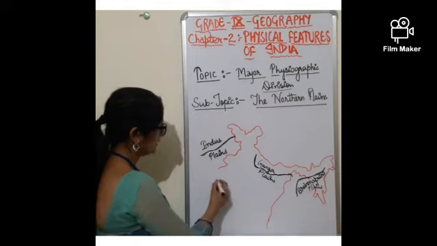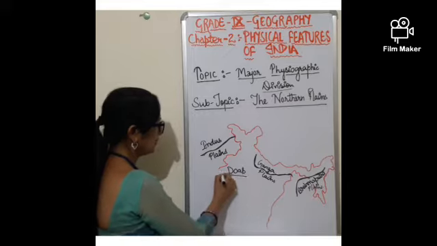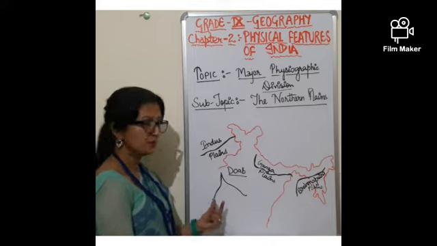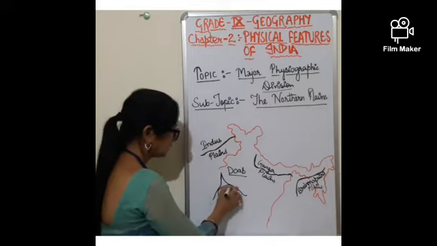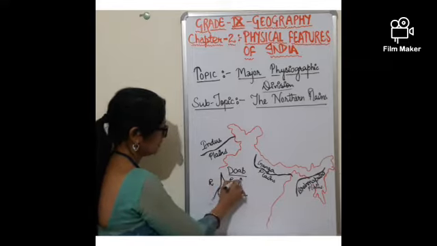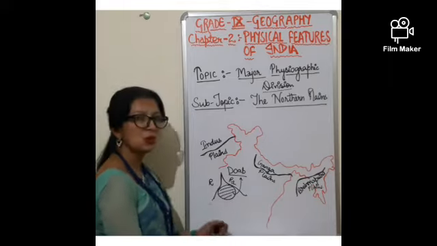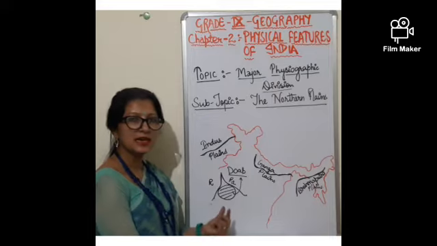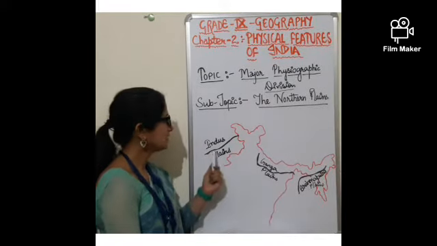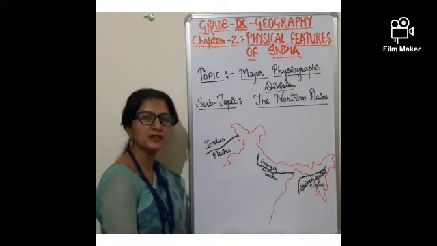Now there is a term called Doab. Doab means when two rivers flow together and the land mass between them is called a Doab. This is river 1 and this is river 2. A land mass created by two rivers is called a Doab. Do means two, Ab means water. So a land mass between two water areas is called a Doab. These plains are very fertile and are created with the help of distributaries and tributaries.